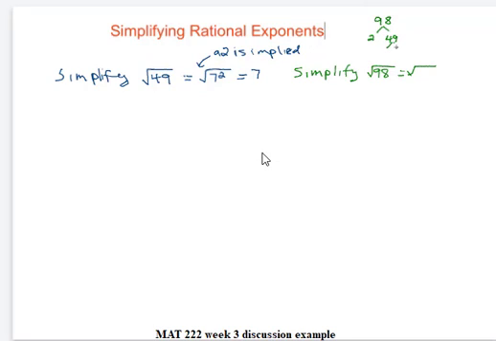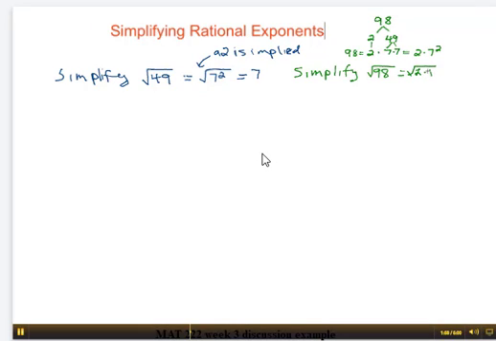And then 49 can be broken down into 7 and 7, and I like to recopy the 2 so that all the factors are on the same level. So 98 equals 2 times 7 times 7, or we might write that as 2 times 7 squared. So if we write this as the square root of 2 times 7 squared,